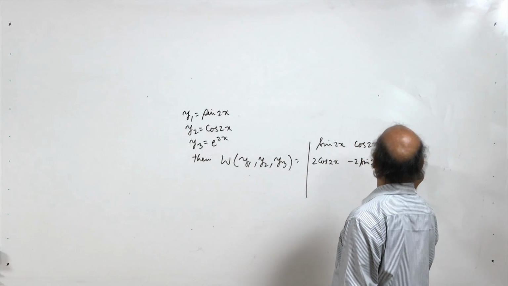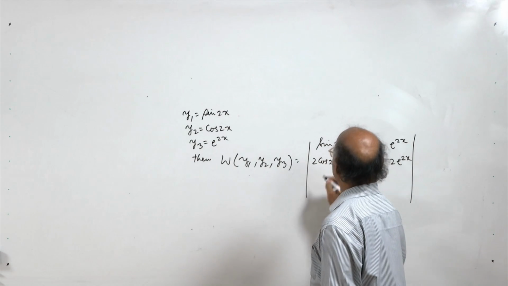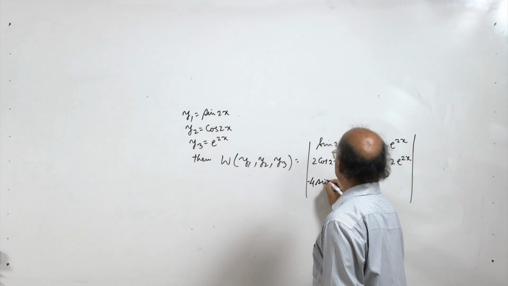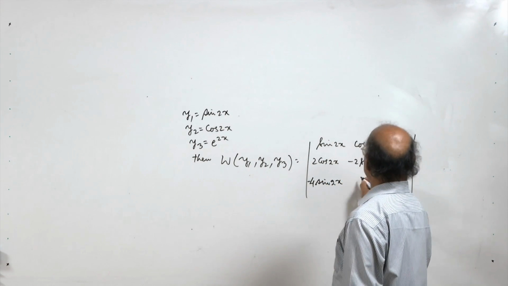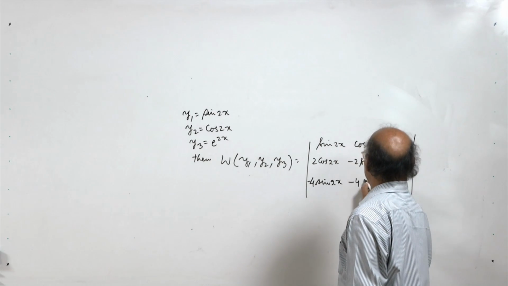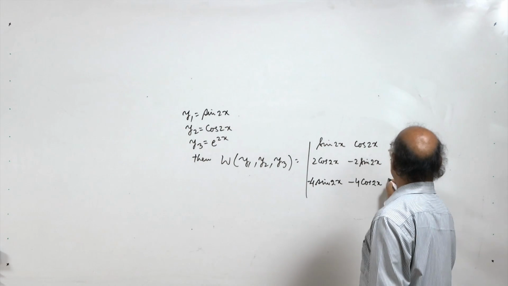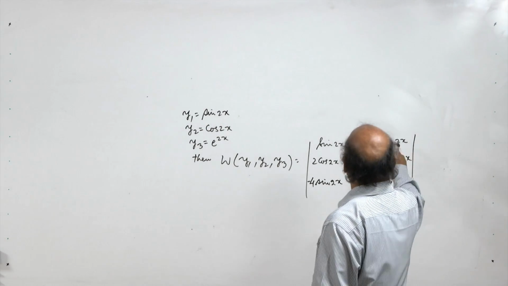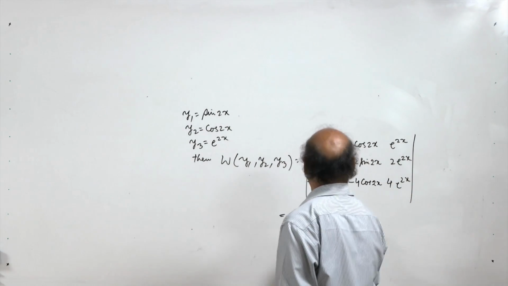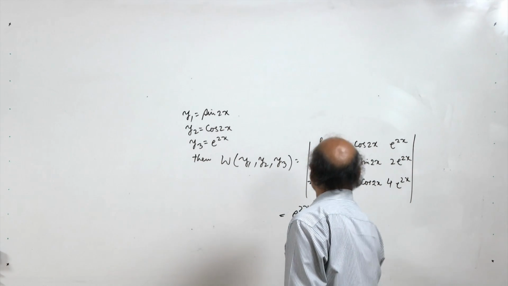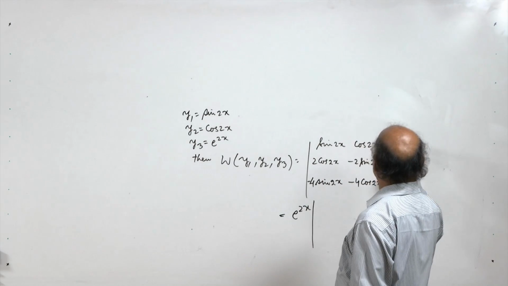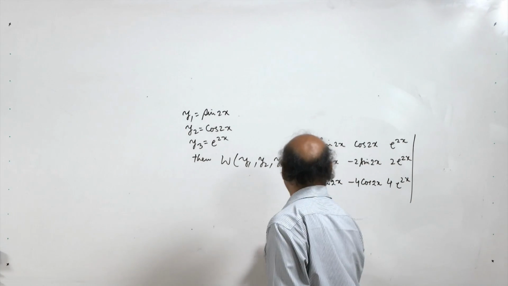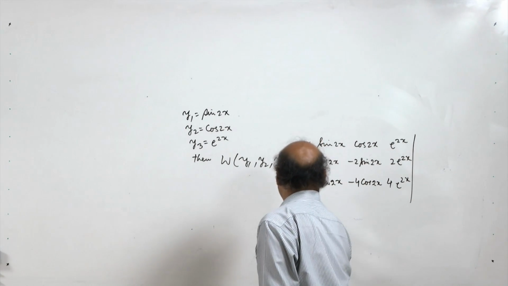Then here we have the second order derivatives of each of these functions: minus 4 sin 2x, minus 4 cos 2x, and 4 e^(2x). Now e^(2x) is strictly positive, so we can take e^(2x) common from the last column, and then we take 2 and 4 from the second and third rows. So we will have here 8 times